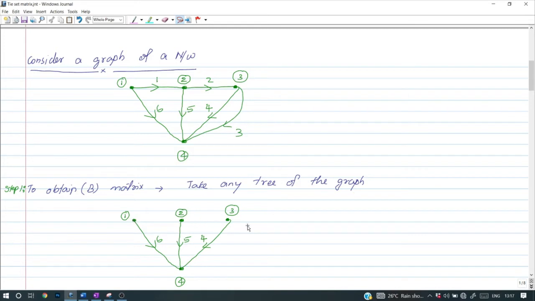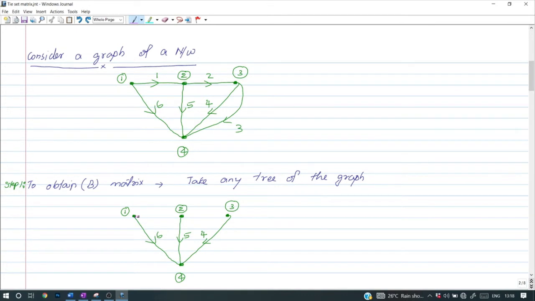It includes all nodes without any closed path. So into this tree, if we add co-trees, it becomes the complete graph. This is our complete graph. So into this tree, if we add the co-tree by means of dotted lines like this, it becomes a complete graph. And another point is, we know in the case of a tree there is no closed path. So suppose we are adding link 1, it becomes a closed path. Clear? It becomes a closed loop. Then this loop is known as a fundamental loop.